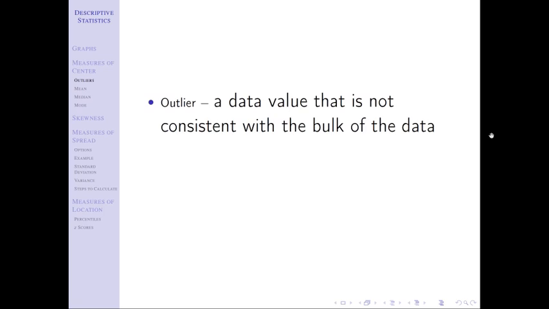And we first start talking about not the center. We talk about everything else, that's outside of that. So an outlier is a data value that is not consistent with the bulk of the data. So that's literally the opposite of a measure of center. It's a single data point, but it's not anywhere near the middle. It's not anywhere near where the rest of the data is. How do you define an outlier? There are different methodologies to do that.